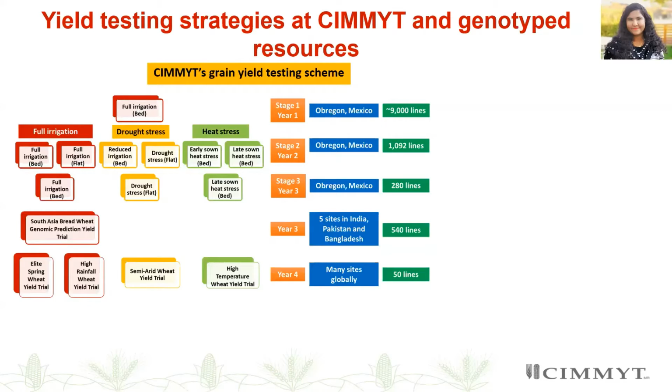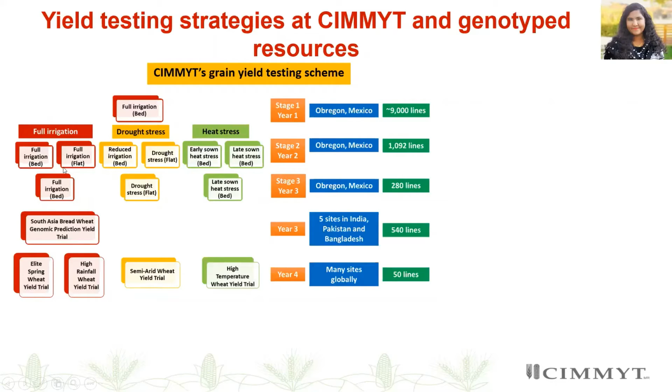evaluated in 6 different environments: the full irrigation, bed planting, and flat planting systems. Then we have evaluation for drought stress in a moderate drought stress environment with some reduced irrigation, and then under a severe drought stress on flat beds with just drip irrigation. Then we have the heat stress evaluations, where we have both early zone heat stress and terminal and late zone heat stress. Selections from these, about 280 lines, then go into stage 3, or year 3,